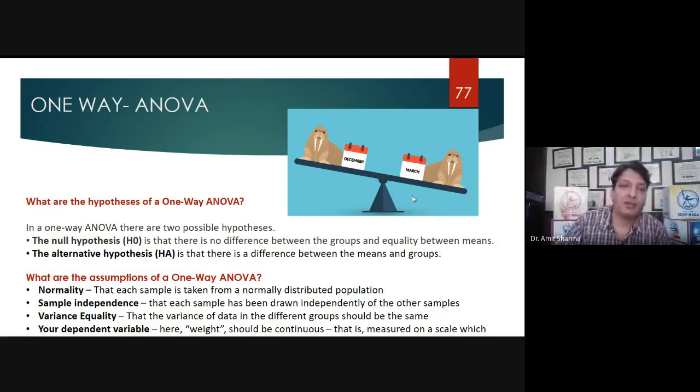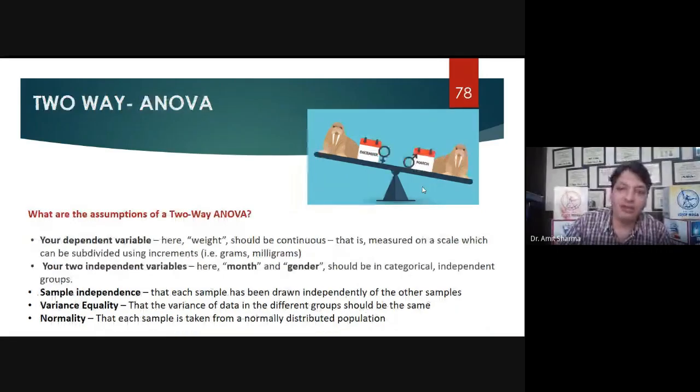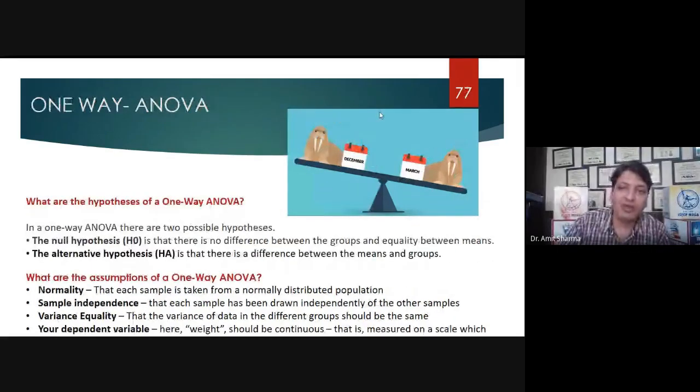Clear? And I told you about the difference between the one-way ANOVA and the second way. One-way ANOVA means you are going to compare the three different groups, but if you add one more factor to the groups, for example, you want to do it separately for the male students and separately for the female students, then the test will be called two-way ANOVA.